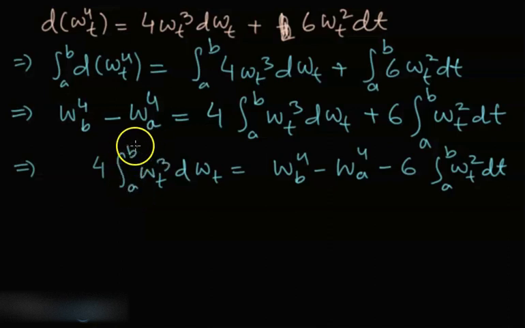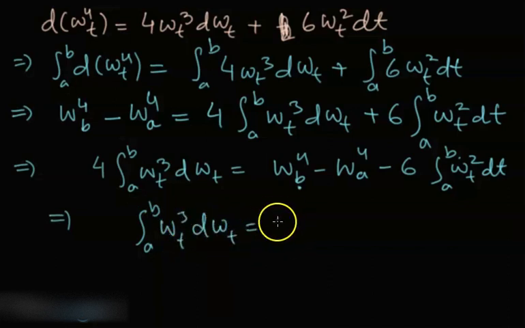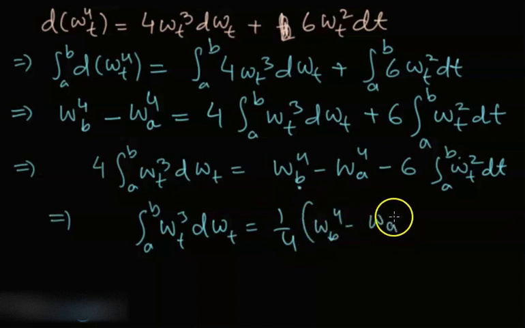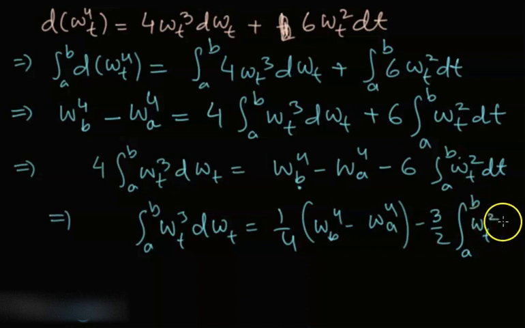If you are computing from a to t, then this upper limit is going to be t, and you will use the variable s in the integral in place of t. So you just divide this by 4, and you will get the Ito integral from a to b of the cube of Brownian motion to be 1/4 times W b to the power 4 minus W a to the power 4, minus 3/2 times the integral from a to b